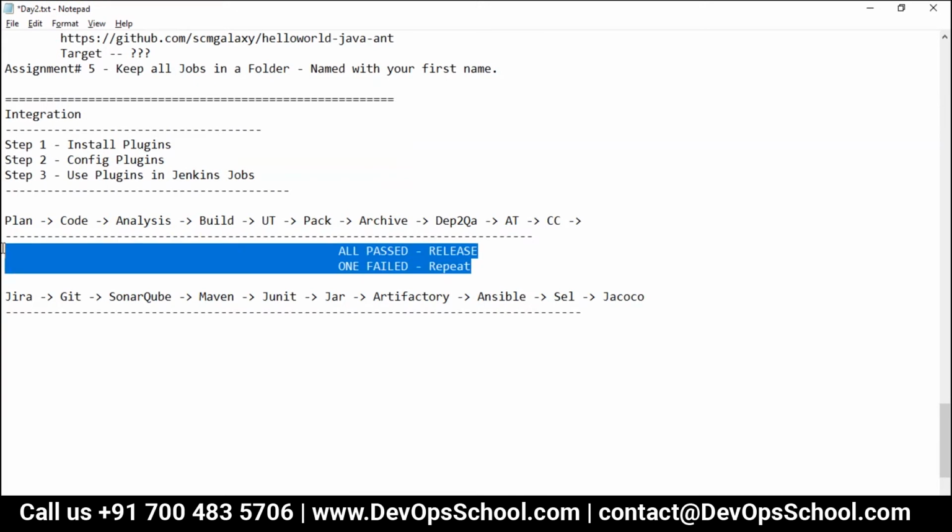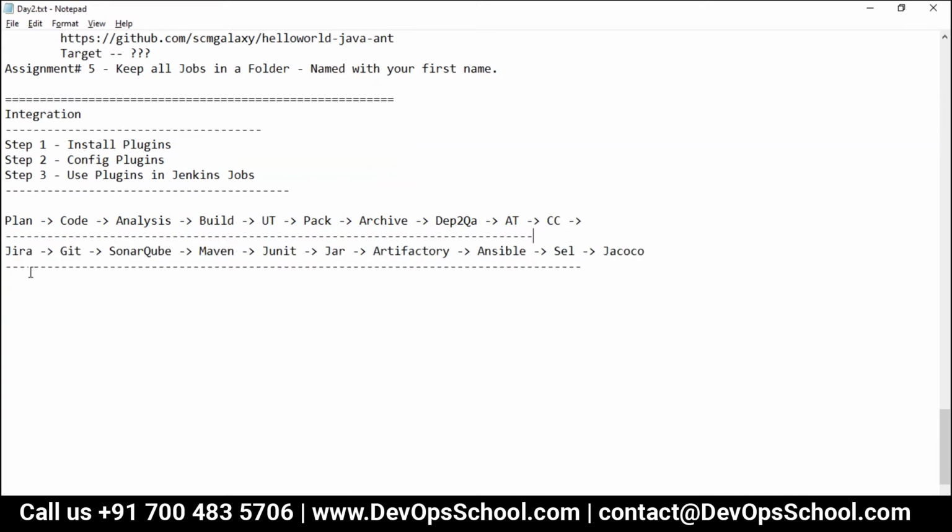So now I am going to integrate Jenkins with a few tools, which are Jira and Git. I have already shown you how to check out the code and all that integration. So this time, Jenkins with Jira and Jenkins with SonarQube. These are the two integrations. In the next 20 minutes, I'm going to do that.